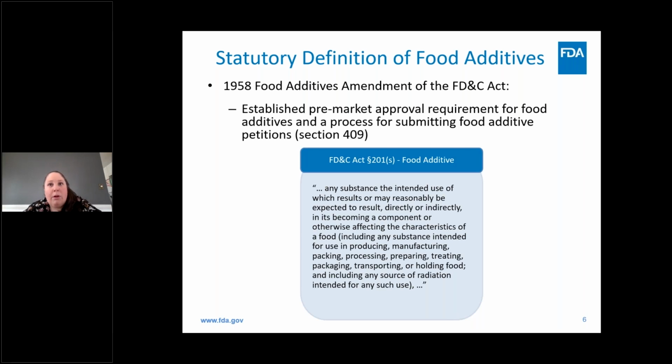So this is a fairly broad definition that basically encompasses any substance that may be added directly or come into contact with food. This includes substances that may be important in, say, the processing or the manufacturing or packaging of food, which today is not the focus of this talk, but I will note that we have an office in my division that oversees the pre-market approval of these food contact substances.